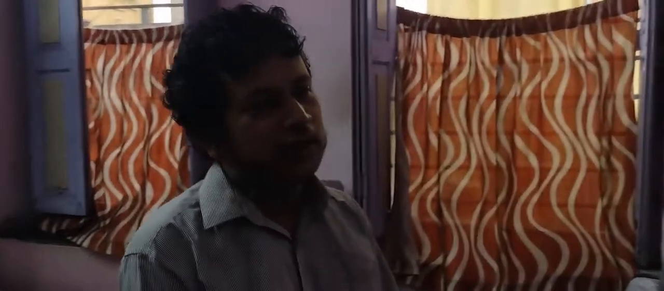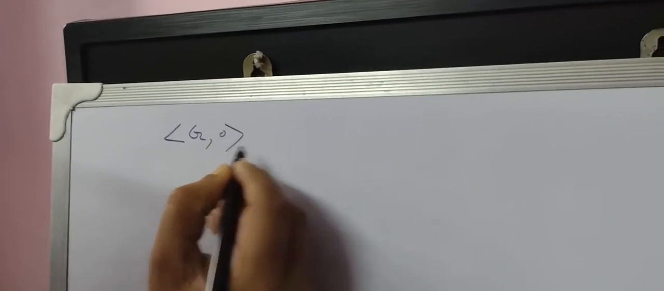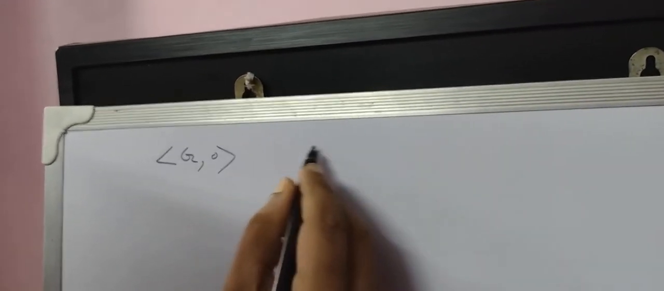Hello viewers, now we study an interesting character to find the identity element of a groupoid structure. Let's watch if this identity element exists or not. If G is a non-empty set such that composition is a groupoid structure,